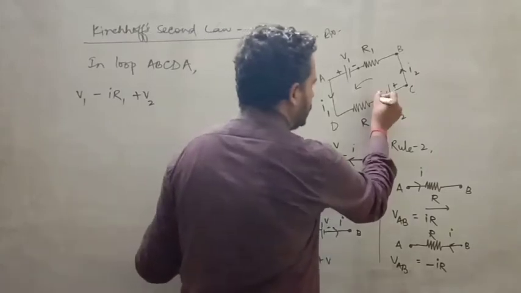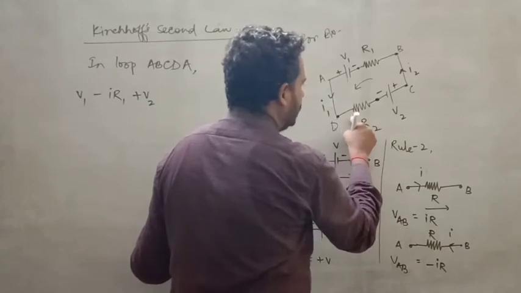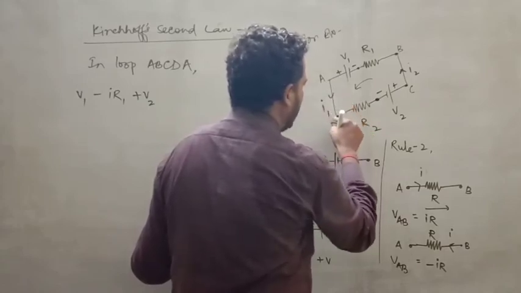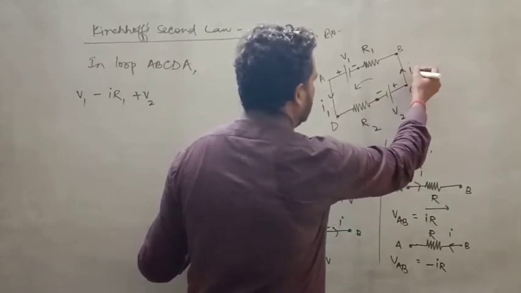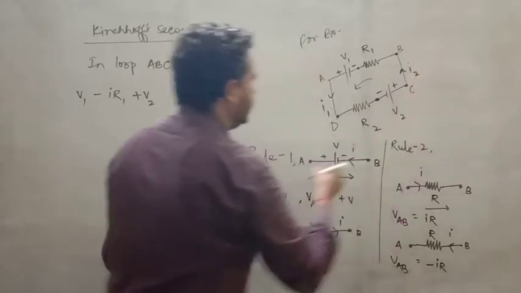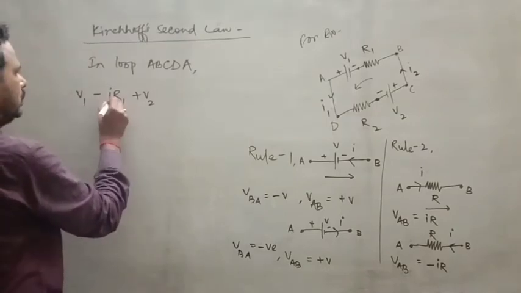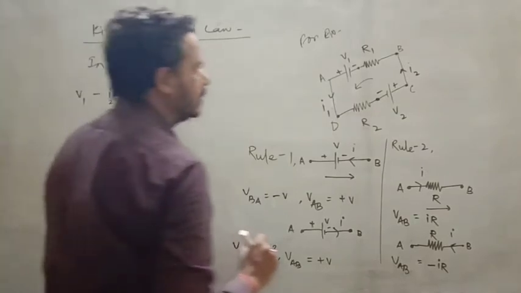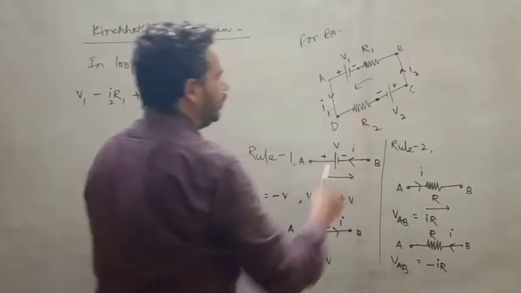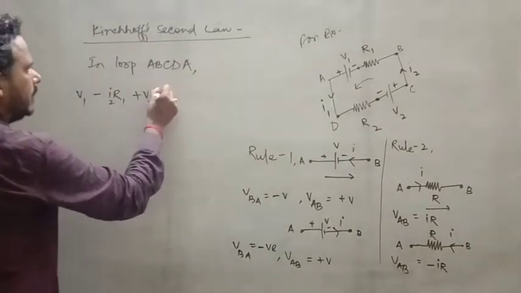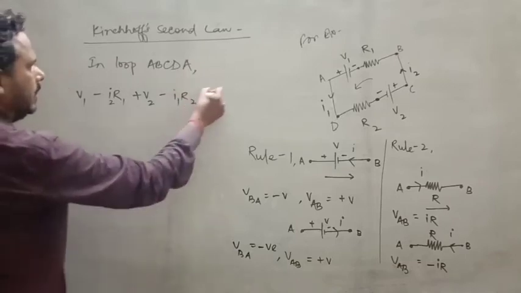Again you are entering from this terminal to D, so here you have to see the direction of current. Your direction of current I1 is in this direction. Actually the same current is flowing, if it is I2. So for this resistor here you have to take I2 R1. Now this one is I1 flowing in this resistor, so here you have to take minus I1 R2, and that is equal to 0.